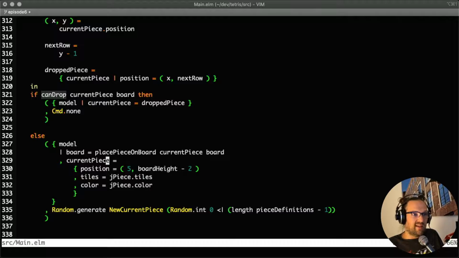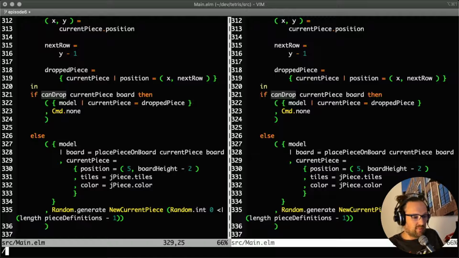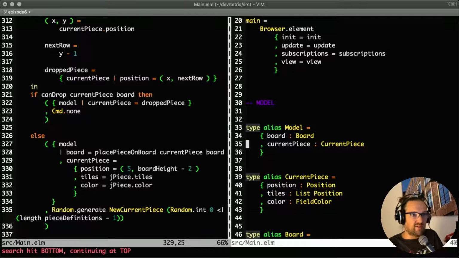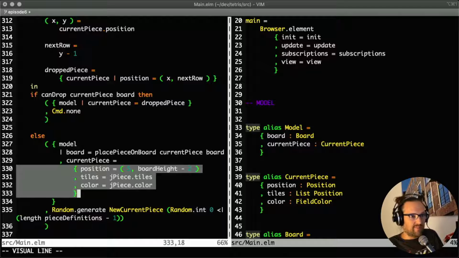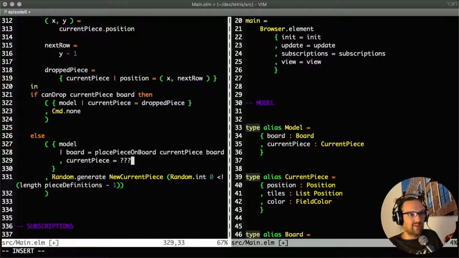But the problem is current piece, by our definition, let's look at the type definition of our model type. The current piece has to be a current piece. Like I cannot put nil there or undefined. It has to be a current piece. So if I don't want this blue J to appear, what would I write instead here? The equivalent to nil or undefined in Elm is nothing. I would just want to say, until I've spawned the new type, please, I don't want to see anything there. So that means we have to extend our type definition here to, instead of current piece, we say